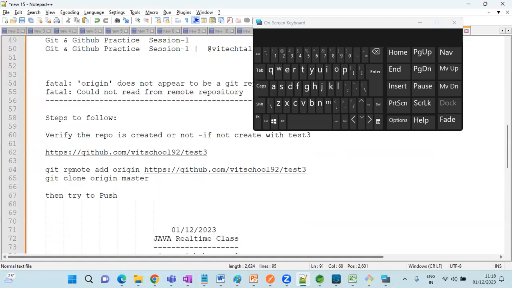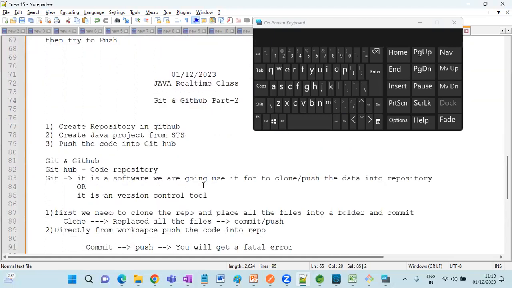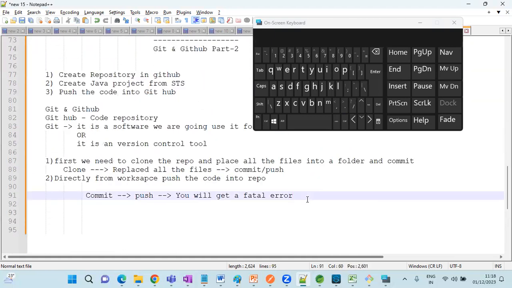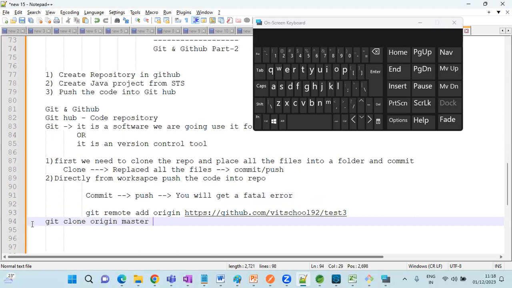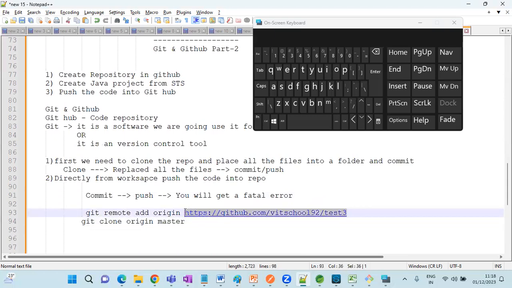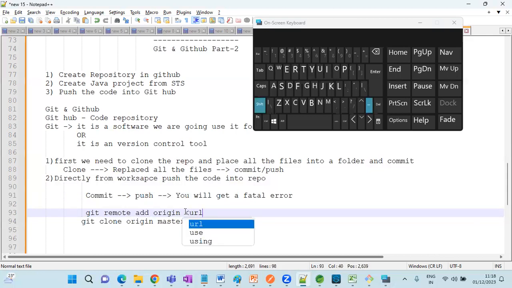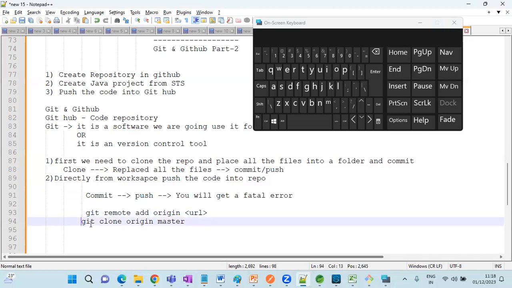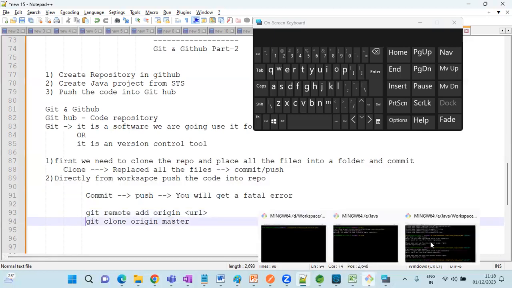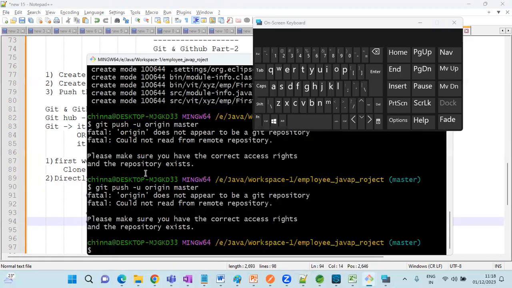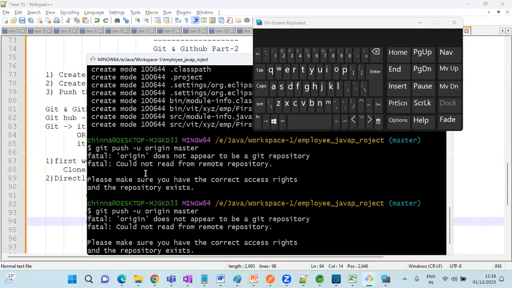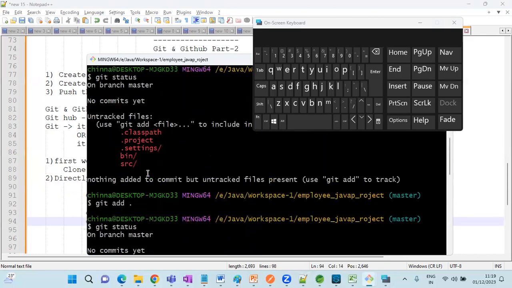Okay, we need to apply these two commands: git remote and origin, and your URL. See, the options are the same. First, what we have done, as again